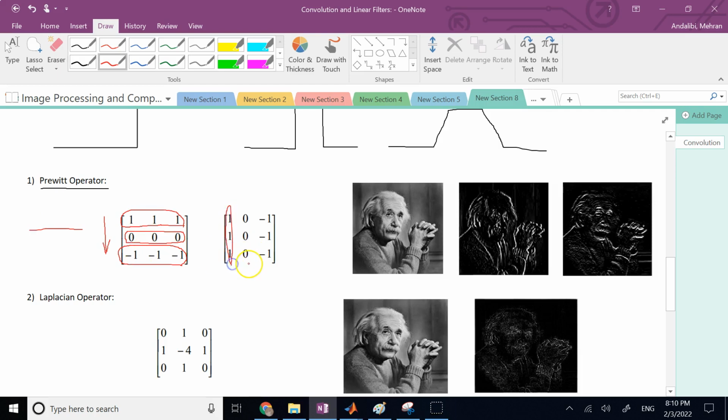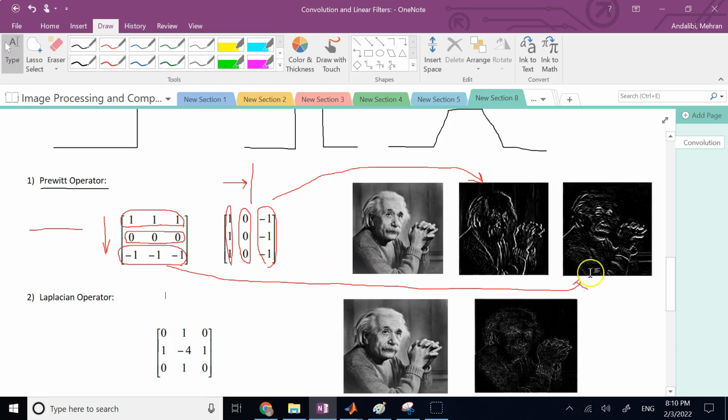On the other hand, if your filter is like that, on the left you multiply by 1, in the middle nothing, on the right you multiply by -1, it shows a big response where you have a vertical edge and you're passing through it and nowhere else. So this is a vertical edge detector, this is a horizontal edge detector, and you can see them here. You can see here, this is your vertical one that is applied to the original Einstein image, and here is the horizontal one. You can see here the horizontal edges are more dominant and basically demonstrated themselves, right? You can probably see them much better in the eye area or in the hand area, while here the vertical edges, you can see them here, right, or here, are much better